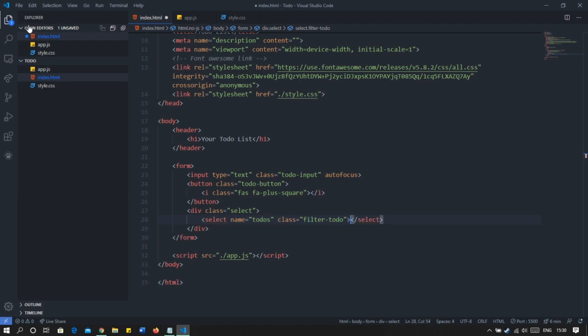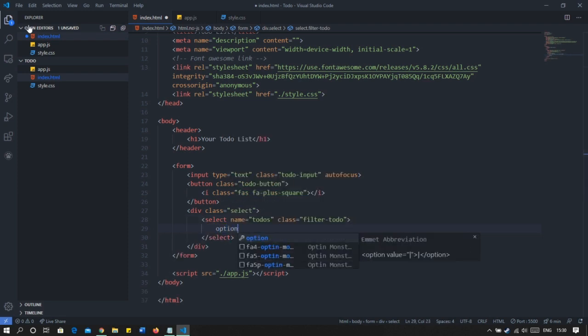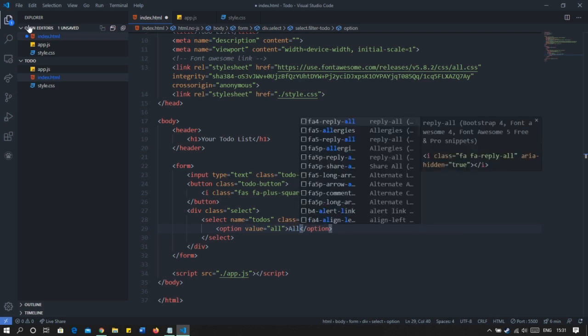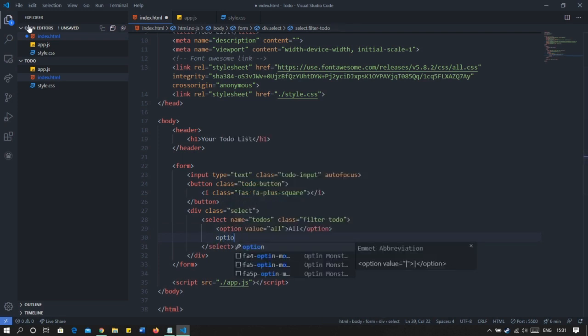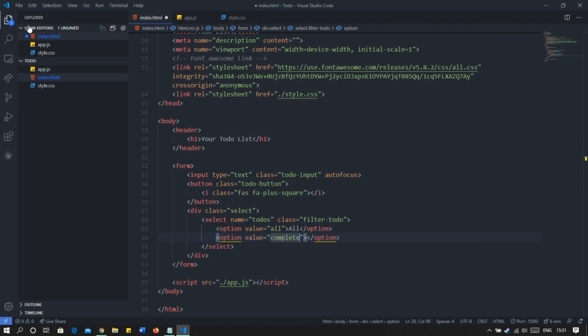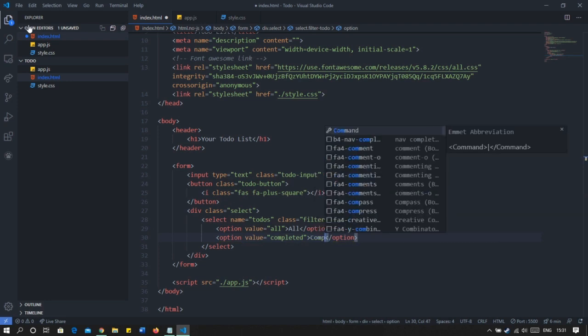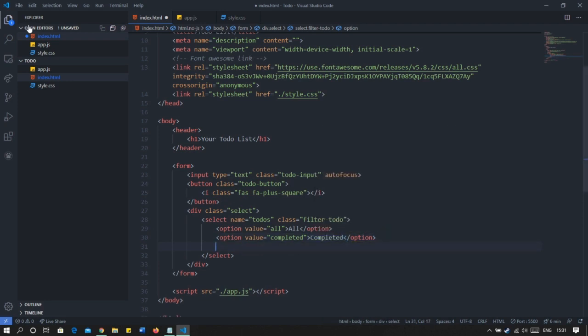Inside select we will have three options. Each will have its own value, so all, either we filter it with all, or we use completed, or we use uncompleted, right?